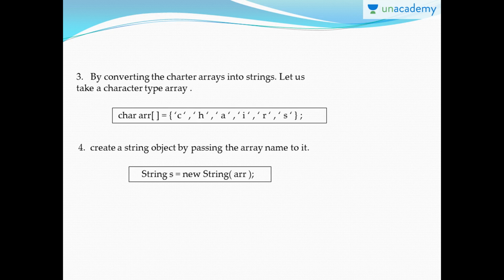In the third way, we convert character arrays into strings. As I said, an array of characters is not a string, but you can convert this array into a string. We can do that by defining a character array. This arr is a variable of this character array. I'm assigning all these characters individually into this array.